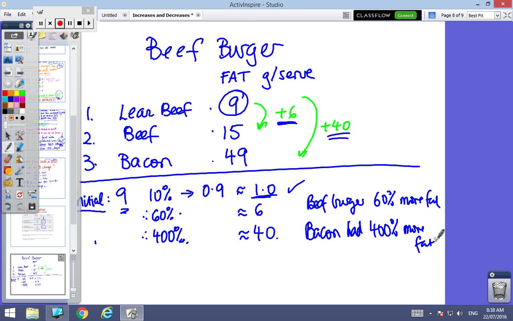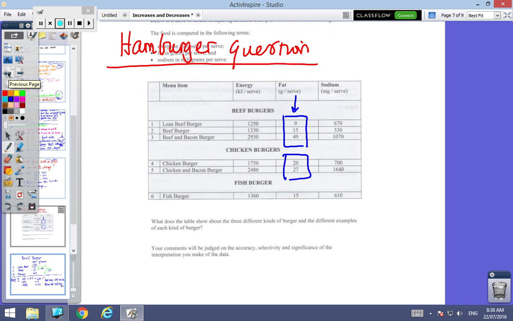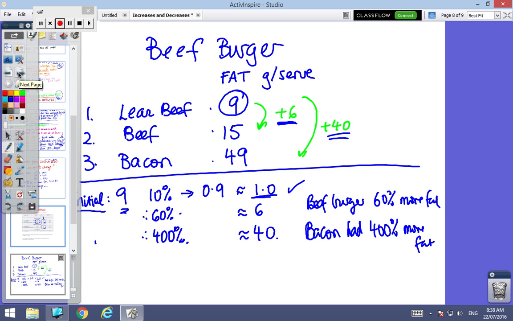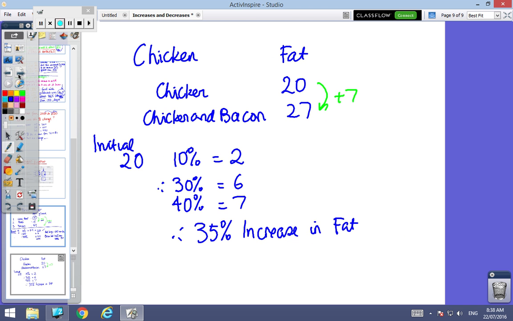But if you look at, for instance, the energy, there's not a 400% increase. So you could say that even though there's a 400% increase in fat, there wasn't a 400% increase in energy per serve. There was an increase, and you could work out what that increase was. So adding bacon was a 400% increase in fat, but then if you look at the chicken, between chicken and bacon, there was only a 7 gram per serve